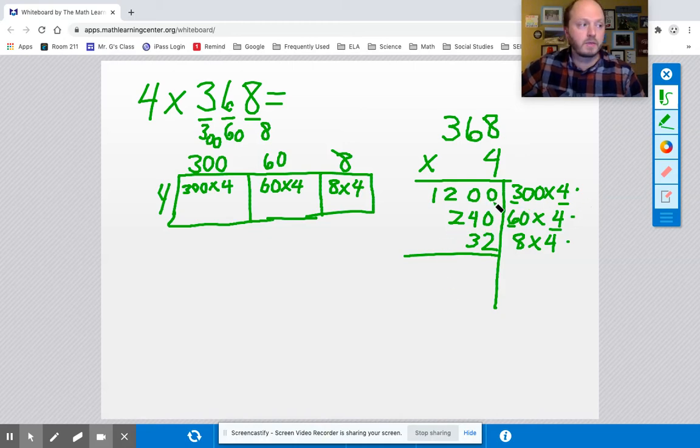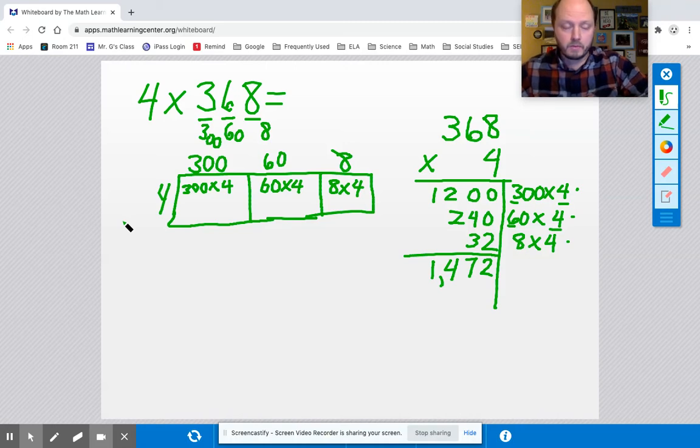Okay, so the next step is that we're going to add up each of these partial products. So we have zeros plus 2, 4 plus 3, 2 plus 2 is 4, and then we have a 1, right? So our answer is 1,472. So let's try another one. I'd like you to try to solve it all on your own, okay? So after I write out the problem,